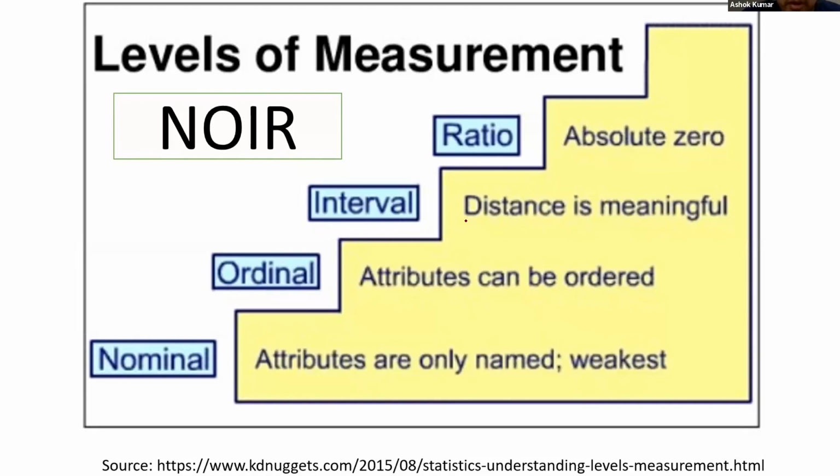For example, weight of the baby. Weight of the baby is 0 kg. It means कोई weight है ही नहीं. Height, if anything is 0 meter, it means height कुछ है ही नहीं. It means कि if the scale is height, weight, सिस्टोलिक बीपी 0, डायस्टोलिक बीपी 0, इसका मतलब तो है ही नहीं, कुछ एग्जिस्टेंस ही नहीं है उस चीज का. दैट इज रेशियो स्केल. एंड रेशियो स्केल इज कम, फॉर एग्जांपल, हाइट ऑफ वन पर्सन इज 60,